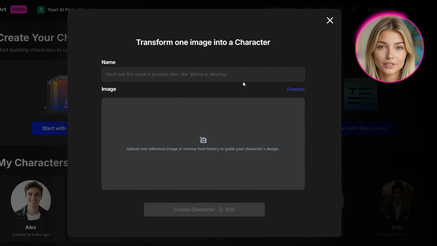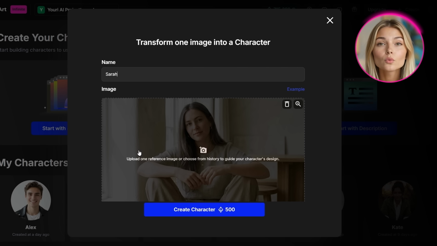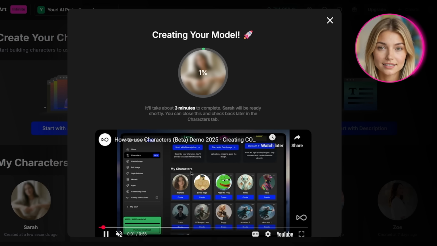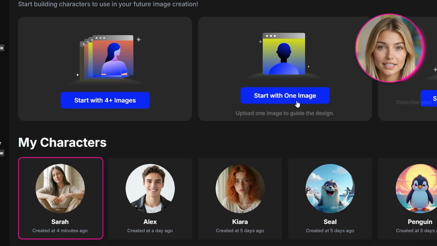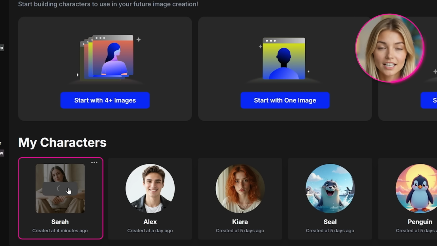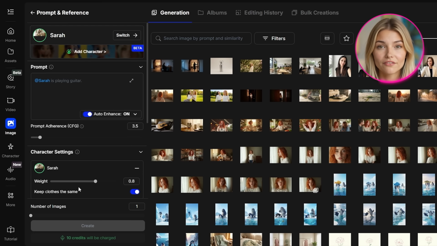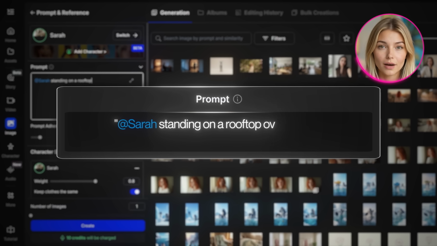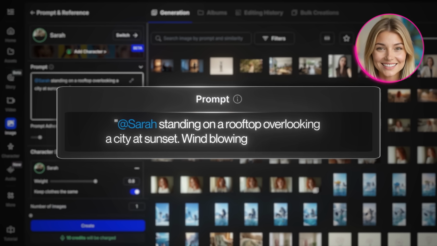I'll give her a simple name, let's call her Sarah, and upload my reference portrait. By naming her, we are essentially giving the AI a shorthand tag to recall her features later. Click Create Character and let the system analyze the face. After processing it for a couple of minutes, it opens up these sections. We're going to head over to the prompt and reference section, and it opens up this workflow. In the prompt field, I'm going to type Sarah standing on a rooftop overlooking a city at sunset, wind blowing